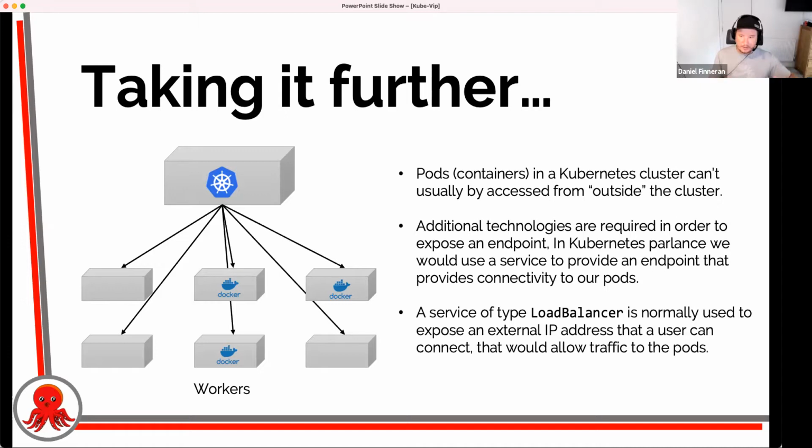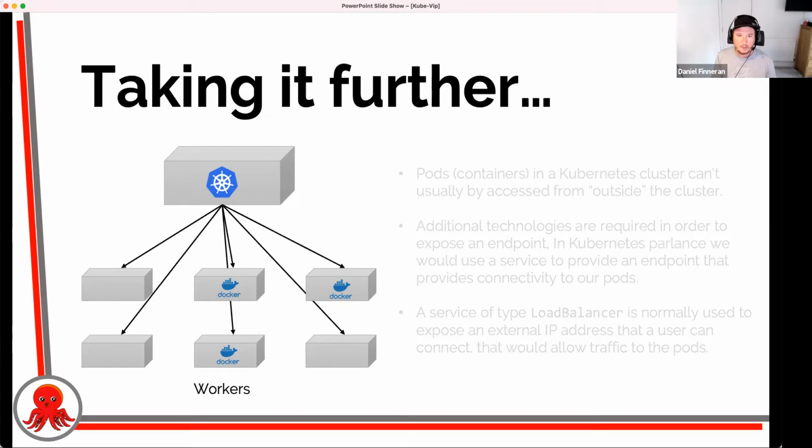So using the technologies that I'd put together for creating a highly available control plane with load balancing, I could use that same technology inside the Kubernetes cluster and expose that same functionality for your services whilst running things inside a Kubernetes cluster.